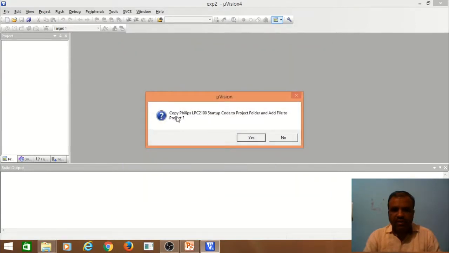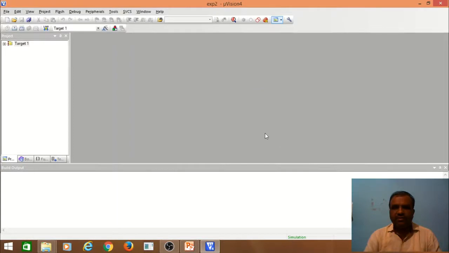Here it will show copy Philips LPC 2100 startup code. For assembly programs, you should not add this startup code for the project. So press no. Now here you can see under target, source group 1.